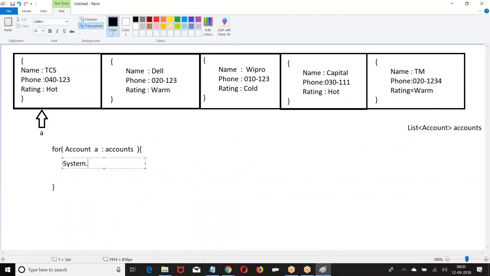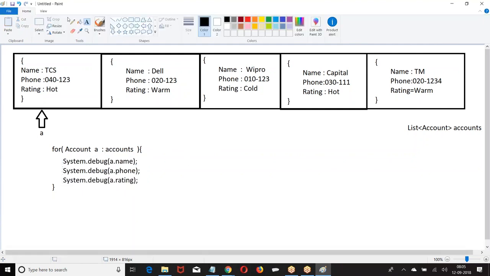Now, when I give system.debug a.name, what is a.name? a.name is TCS, a.phone, a.rating.